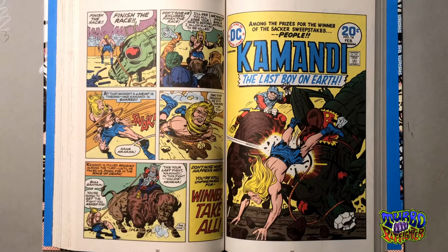because everybody else is just on a horse, and so Kamandi and Bull Bantam get these special animals to ride. I was going to say vehicles. And we have also seen the way that they're developing the cruelty of Bull Bantam. He outwardly says that he's going to beat Spirit, and then he also says, "I want you," which implies worse. And so the stakes are high, but Kamandi still refuses to shoot other humans in this race, and he still refuses to play along nice and fight Bull Bantam for Sacker until he doesn't have a choice. They don't give him a choice. They steer him into the race,